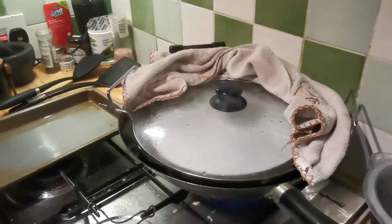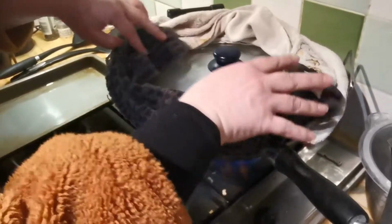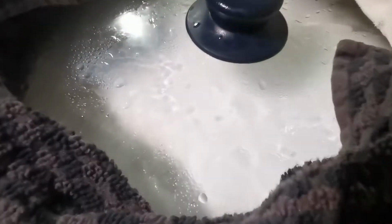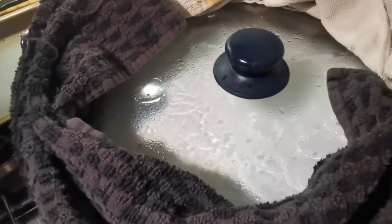Jess decided to try and insulate the pan with tea towels. How long are we supposed to leave it for now? Well, we'll be able to see. It clearly wasn't cooking before, though. Well, it's in steam form. Not as much as I want it to, but...